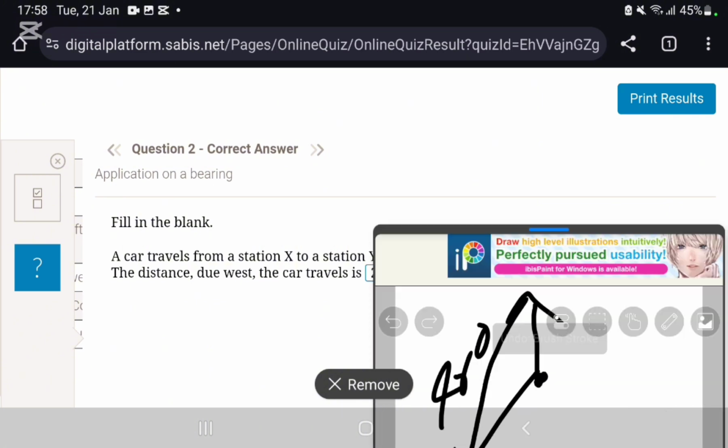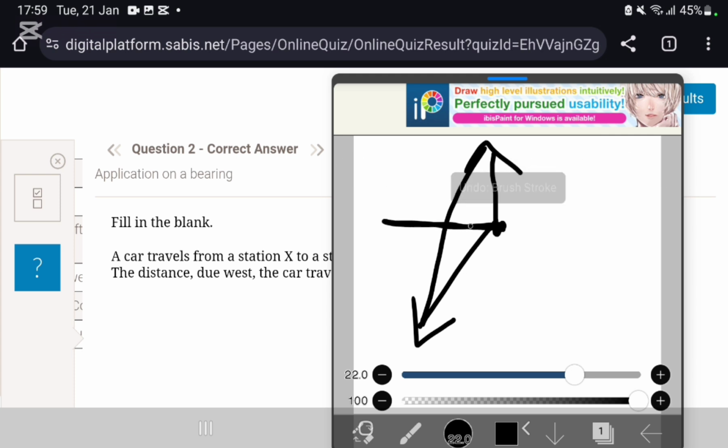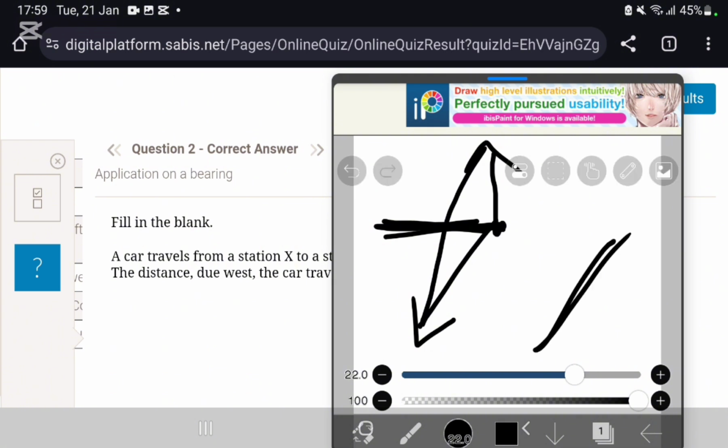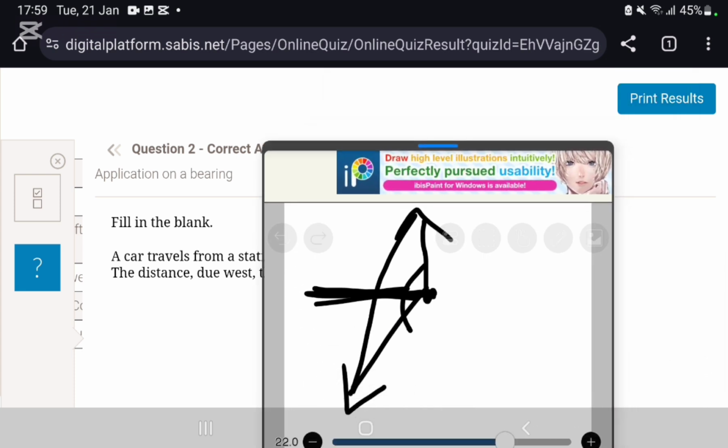But they want the distance west, so they want this distance, like this distance from this. They want the west part from the actual thing. So what we're gonna do here, since we know this is 150, we're gonna do